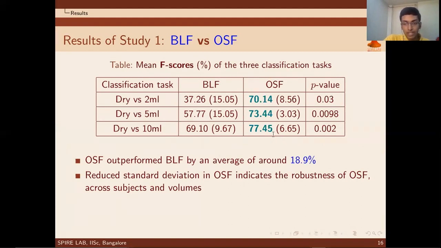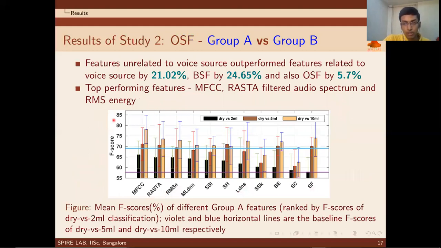This is an indication that OSF is able to discriminate better irrespective of the volume of water considered. Also, the reduced standard deviation in OSF indicates that the features are robust to changes in volume even with changes in the training data. During the process of swallow, the vocal folds remain closed. Given that OSF perform much better than BLF, results of study design 2: